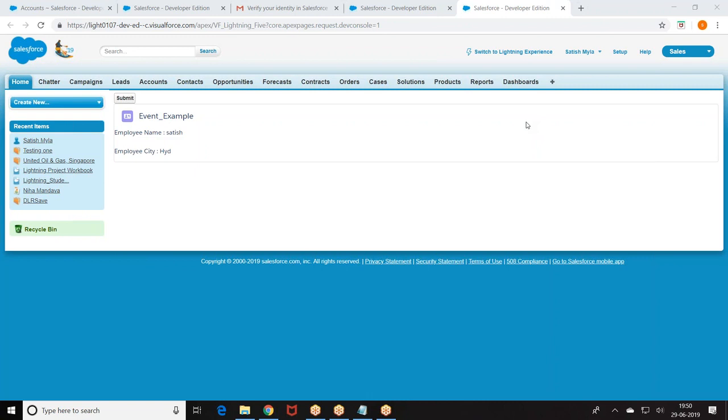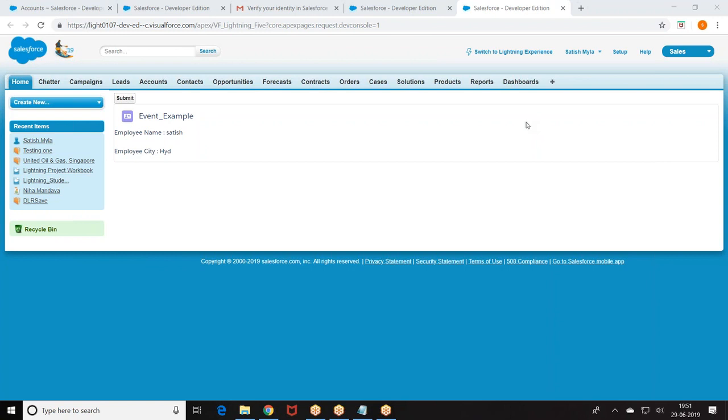If I convert the application to Lightning, whatever Lightning components are there, I can add those components to the standard pages. Like what we have done: go to the object, edit page, edit object, add the component to the detail page, add the button on the detail page of the object. Like how we did in Lightning, we created components and added them to the Lightning page, detail page, home page. When you click on the tab, the Lightning component will come, or add the component to the Lightning application.